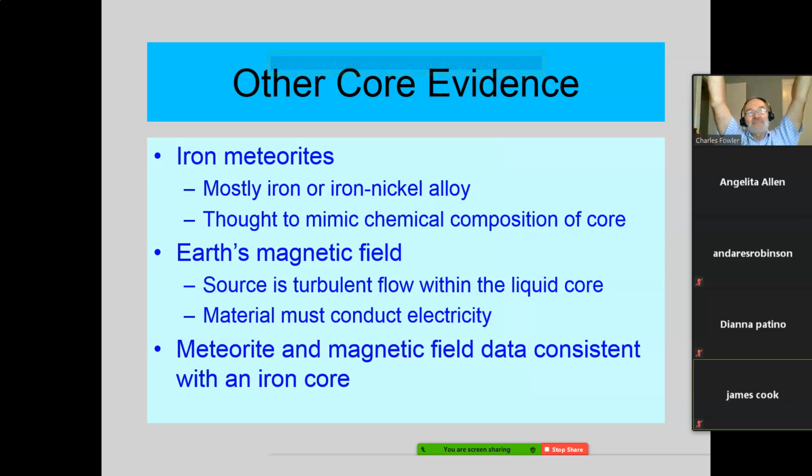Things that enter our atmosphere from outer space and crash on the surface of the Earth tell you something about the innermost makeup of the Earth. That seems to be a stretch, but seems to fit. The iron meteorites, mostly iron or iron nickel alloy, they thought to mimic the chemical composition of the core. Why would that be? Because they were thrown out there at the same time the core was being formed. Okay, so the stony meteorites would mimic what's in the mantle more, but the iron meteorites mimic the core, and that's why you have these different kinds of meteorites. Some came from blowups from way inside, some from further out.